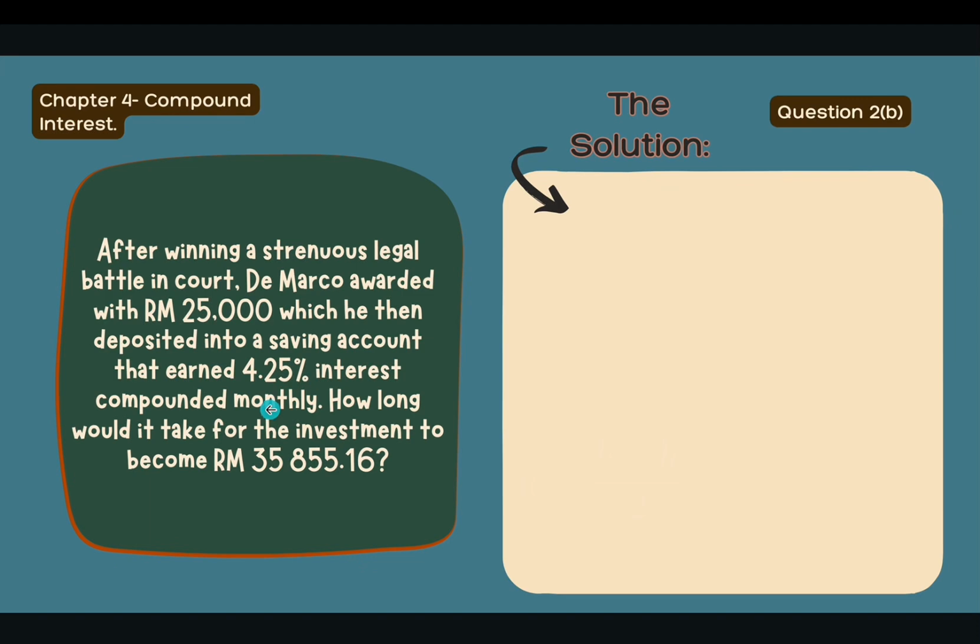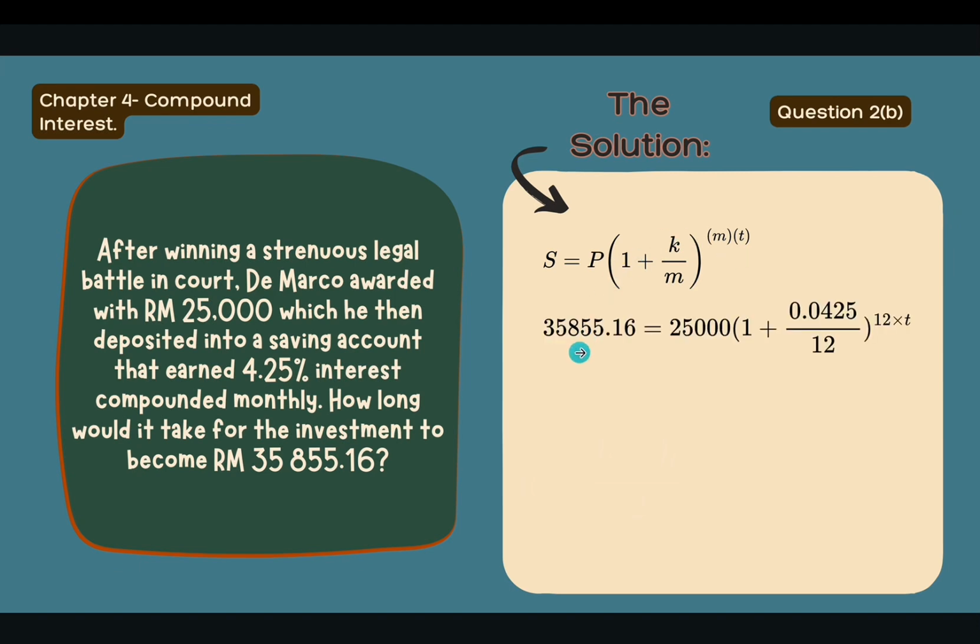How long would it take for the investment to become RM35,855.60? So this will be our S. The first step is to use the compound interest formula. Our S, 35,855.60, equals our P, RM25,000, times (1 plus 0.0425 over 12) to the power of 12 times t. Then divide 35,855.60 by 25,000, which equals 1 plus 0.0425 over 12